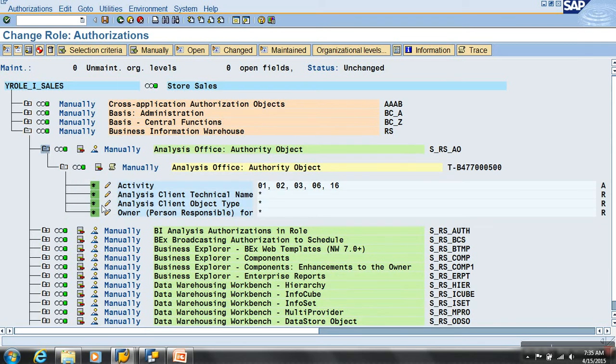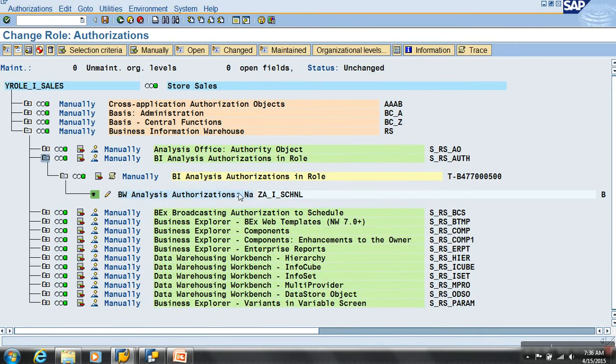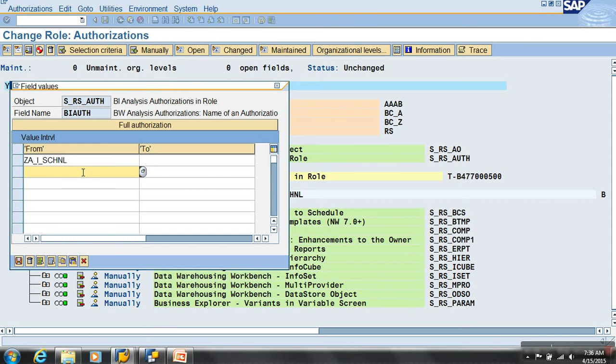Authorization object, analysis authorizations. Previously we had one, now I'm giving one more. This is another analysis authorization object which is restricting from the node. So let me remove this sales channel also.